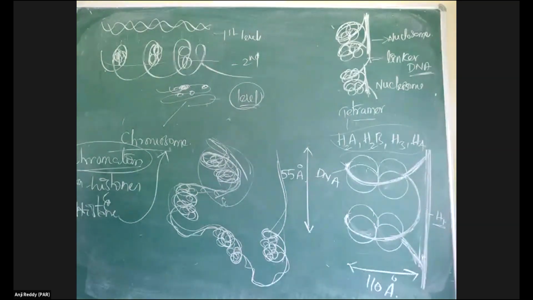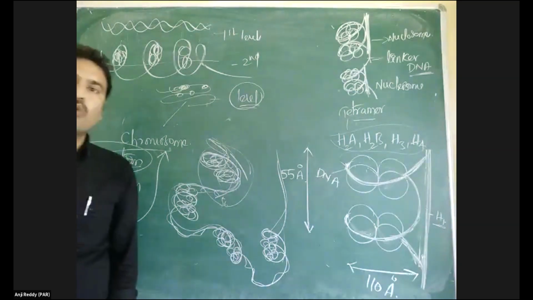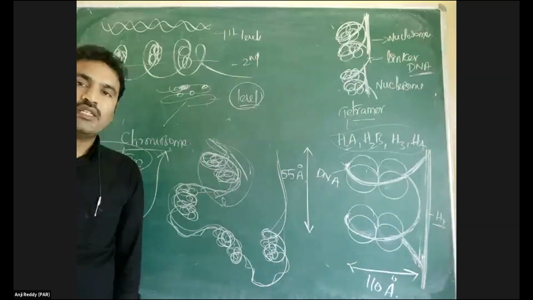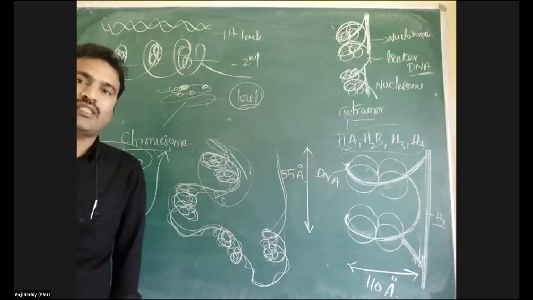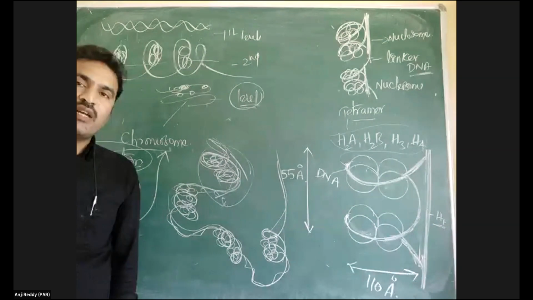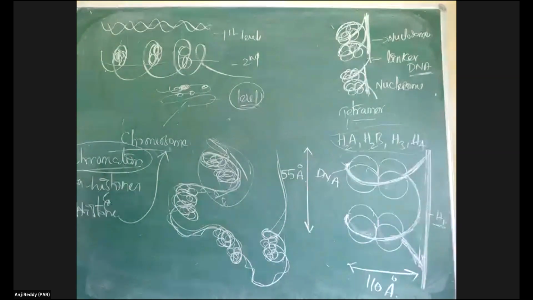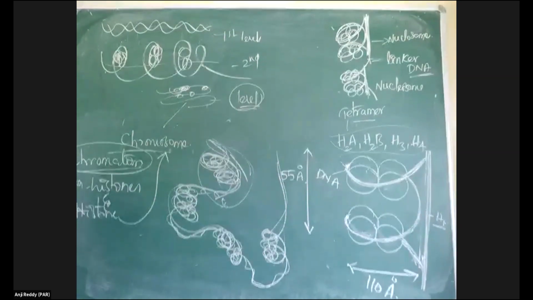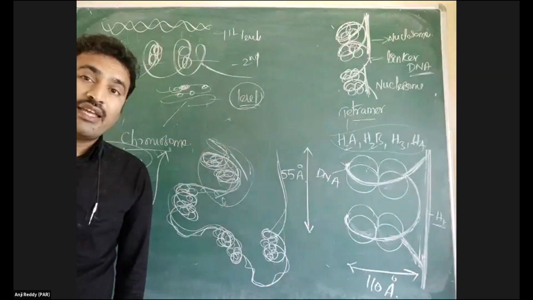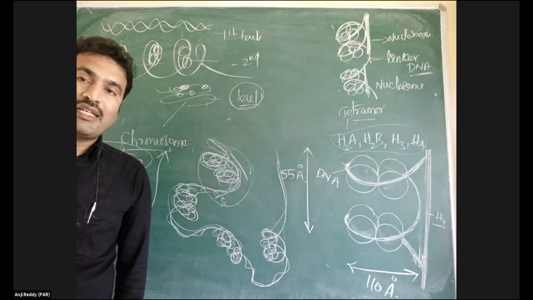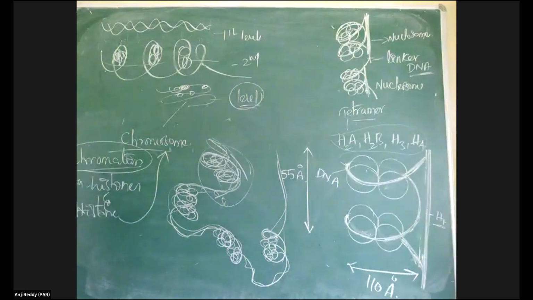Rajashree, repeat previous point. In nucleus, some region of chromatin are loosely packed. That is called as euchromatin, which is transcriptionally active. And highly stained particle is there, that is heterochromatin, which is transcriptionally inactive. Another name of linker DNA: linker DNA is also called spacer DNA or internucleosomal DNA.